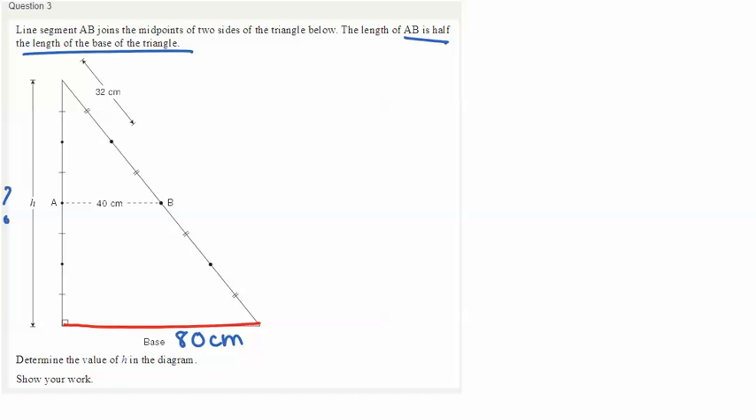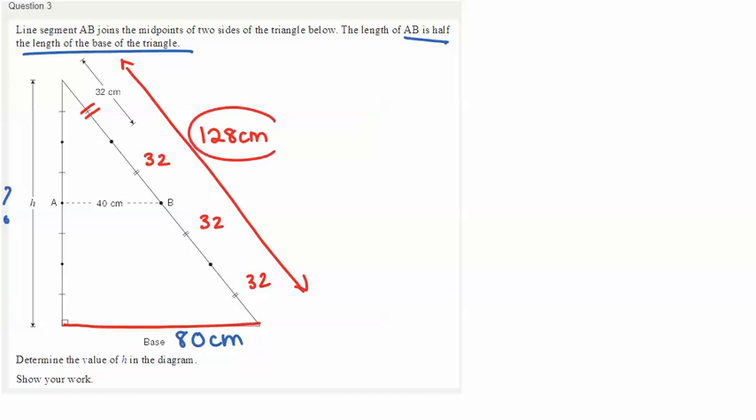And since we know this length here is 32, the double dashes here indicate that each of these segments is 32 centimeters long, which means the whole length of the hypotenuse here is 128 centimeters. So we've got the hypotenuse is 128, the base is 80, and if we want to figure out the height,